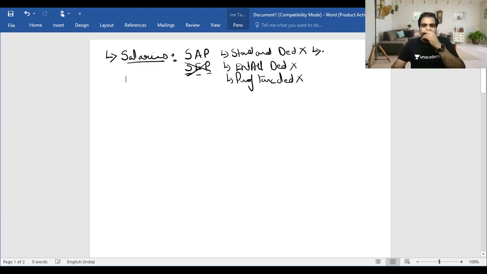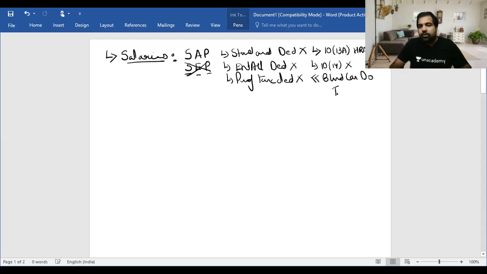Plus, guys, if you remember, there was HRA under section 10(13A). That HRA you won't get. Unfortunately, even that you won't get. Then if you remember special allowances, where you are given helper, uniform, the shortcut being HRA can demotivate, hurt, heartbeat, where we have conveyance allowance, helper allowance, daily allowance, uniform allowance, research allowance, all those allowances you will not get, except, I'm just writing the exception, blind can do tours. Only these you will get. I'll come to those.